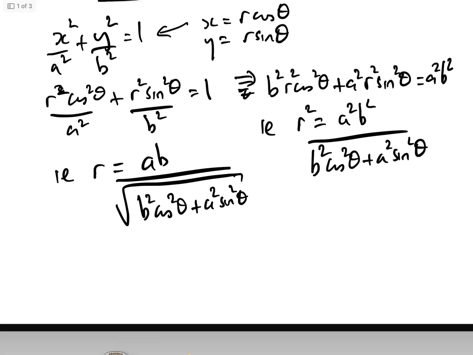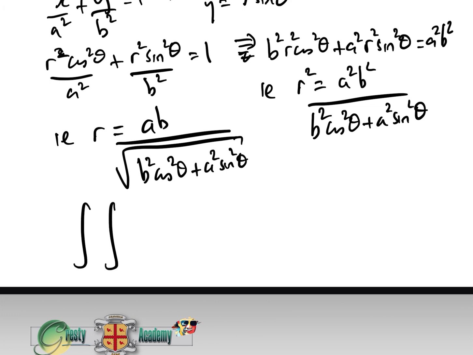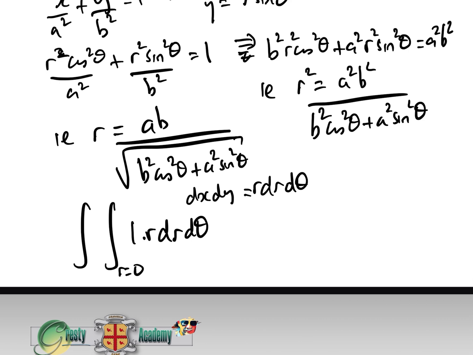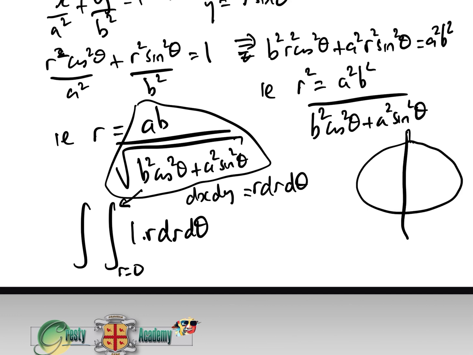Okay, finally, so now what we want to do is our double integral in polar coordinates. So that is the integral of 1. Remember, we've dealt with this in previous videos, we replace dx dy by r dr d theta, and that's how we do it in polar coordinates. So basically we want the integral r equals 0 to this thing here. I won't rewrite that, there's not enough space. And then we want theta, because if we look at our ellipse here, we're only going to be doing this quadrant here, and then we'll multiply by 4. We want theta from 0 to pi over 2,